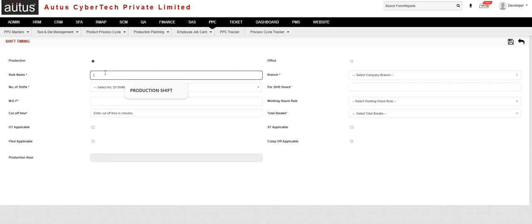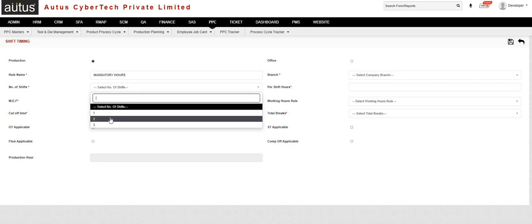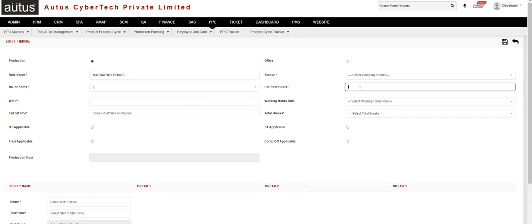So let's suppose we have the rule called mandatory hours. First rule is mandatory hours. Either it is for the production or for the office, we need to select that. If it is for the production, we need to select production. Number of shifts we need to select. So we have the shift timing 1, 2 or 3. We need to select whether it is for 2 shifts or 1 shift. Per shift hours we need to find out, either 6 hours, 7 hours, 8 hours. So we need to add it in the per shift hours field